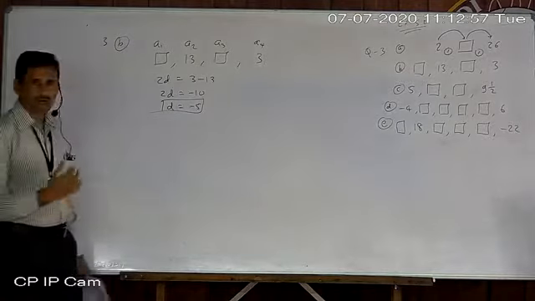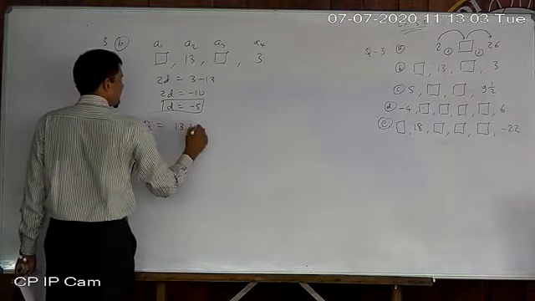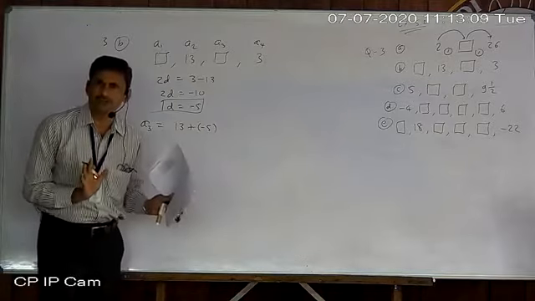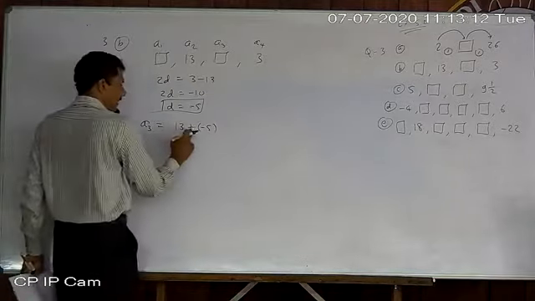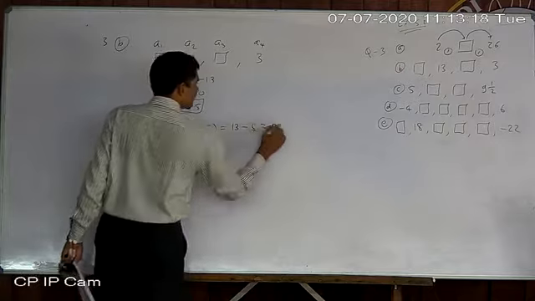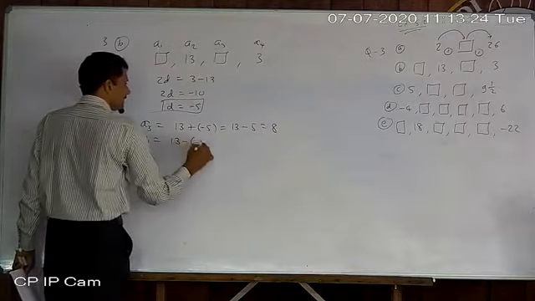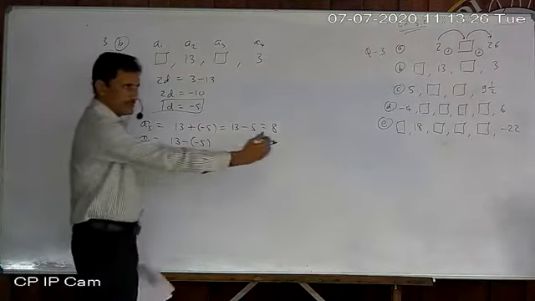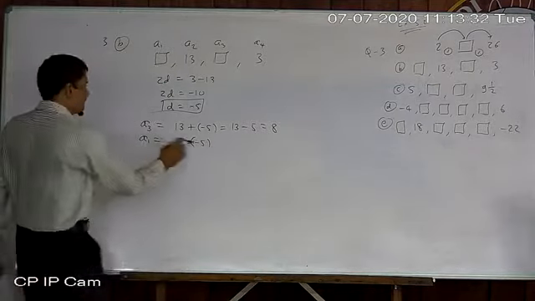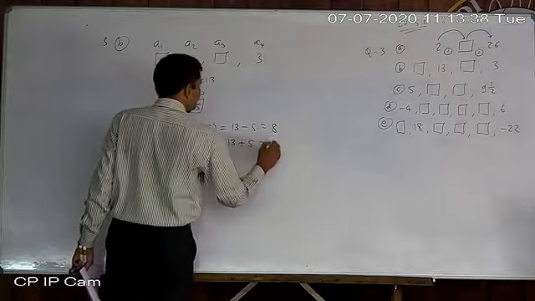Now you understand how to go ahead. Now I want a3. Then a3 will be 13 plus minus 5. I have to add that number, whether it is positive or negative, that is not important at the starting point. I have to add d. So 13 minus 5 is 8. Now for finding a1, 13 minus d. For going right side, add d. For going left side, subtract d. Whatever d is, if it is minus, then according to the rule, you can go ahead. So 13 plus 5, it is 18.